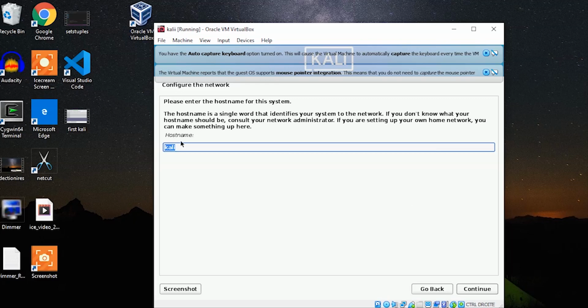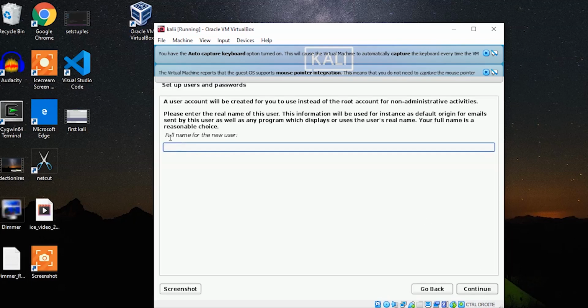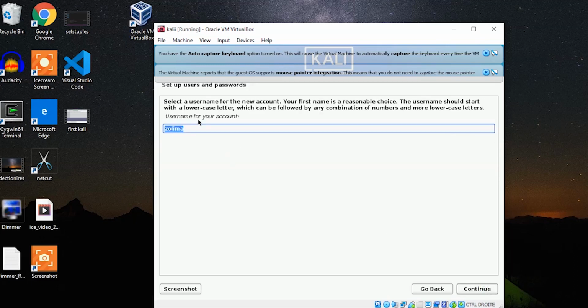So it will give you the host name, that is Kali. You will click continue, and it will give you the domain name. It's no problem to leave it empty. I will leave it empty, and I will click on continue. So here it asks for the full name for the new user. I will choose zolimatech and continue. Zolima,